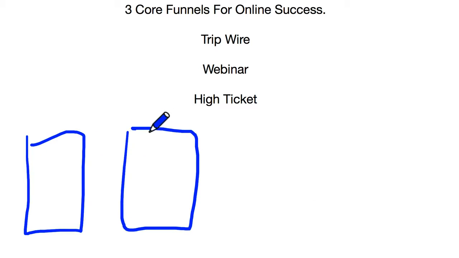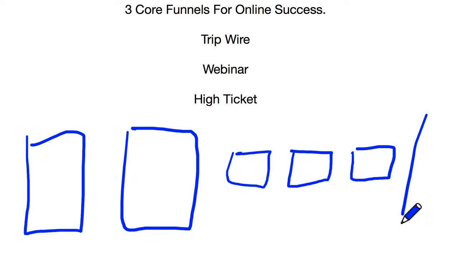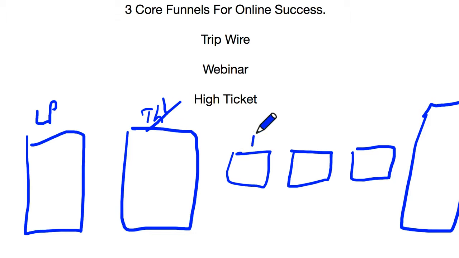You've got these two, and then these 3, and then your big one here. So this is the landing page, thank you page, then 3 indoctrination pages, and then